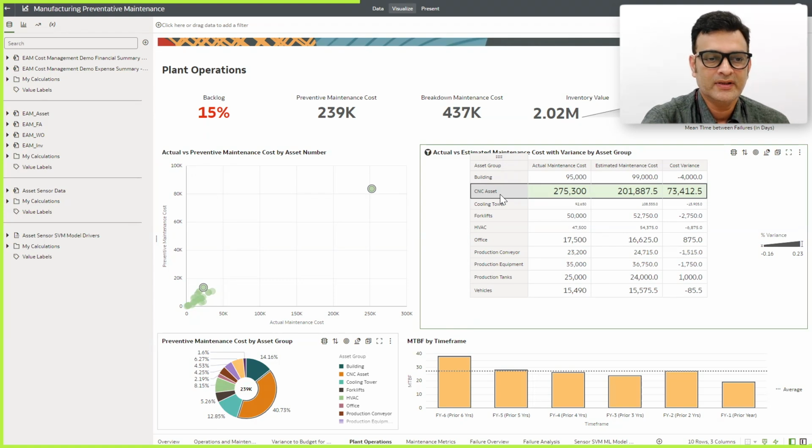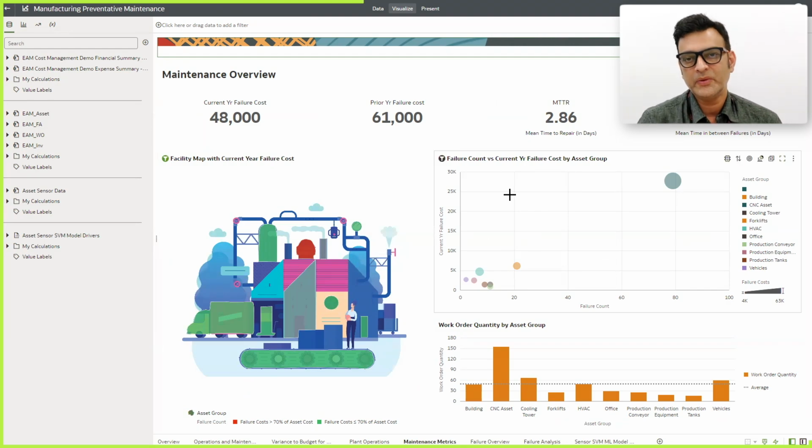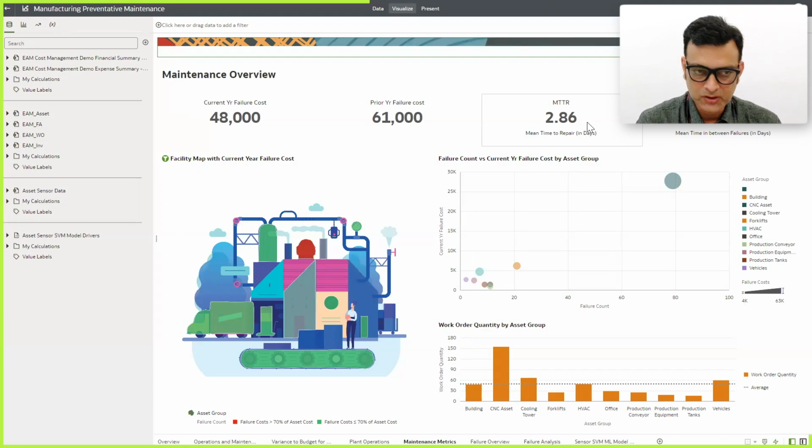Okay. So this is again an interpretation of the different KPIs, the mean time between failure, mean time to repair. Once this equipment breaks down, the mean time to repair is close to 2.86 days, which is not a good sign again. It means once there is a breakdown, for close to 3 days there is no work happening because manufacturing has stopped.